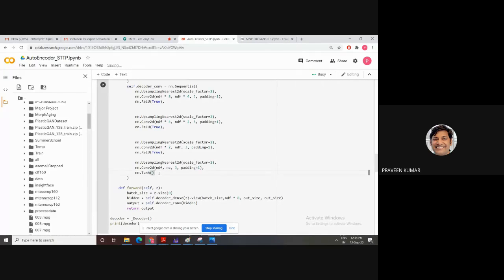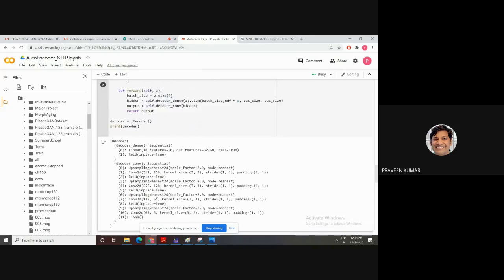Then the standard rule is to go for tanh as the last layer, because the tanh range is -1 to 1, so we have more information. If you use sigmoid, you have less information, meaning 0 to 1. Whenever you develop an autoencoder architecture, in 90% of cases the final layer of the decoder is tanh, because tanh has values from -1 to 1. This way your encoder-decoder architecture is developed.